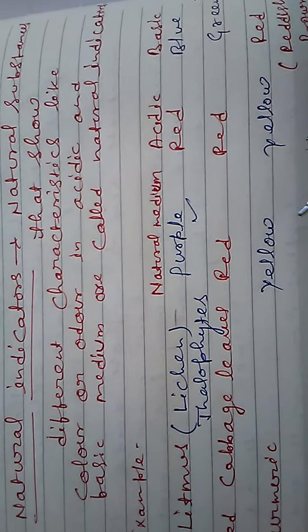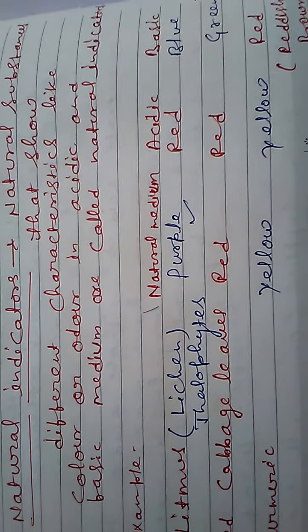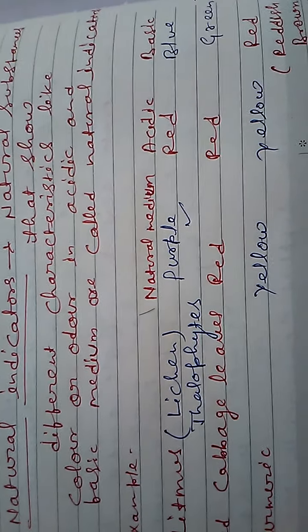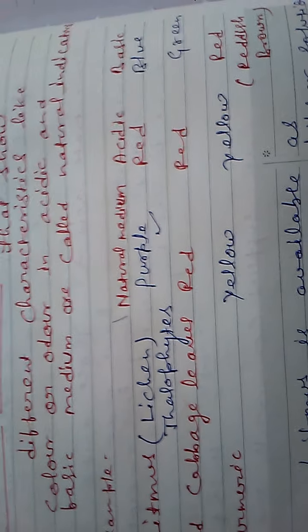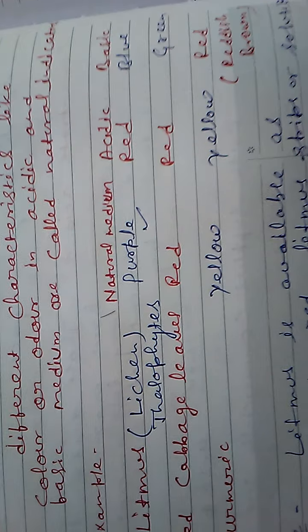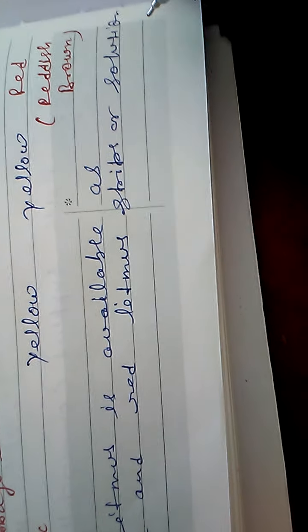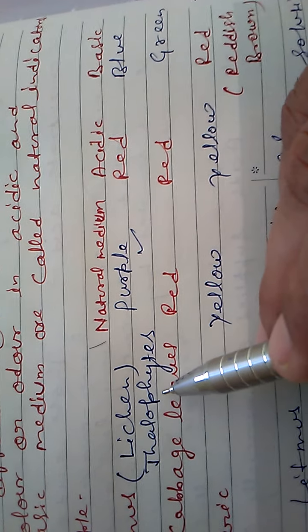It is prepared by putting this dye on a paper strip, generally blotting paper, that is available in the market in the form of litmus paper, and it is available in two colors, the blue litmus paper and the red litmus paper. You can obtain this in solution form also. So litmus is available as blue and red litmus strips or solutions, but its original color is purple. It's a dye which is obtained from lichen, a type of thallophyte.